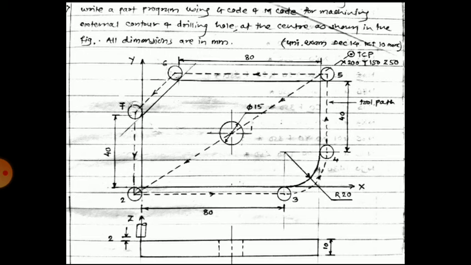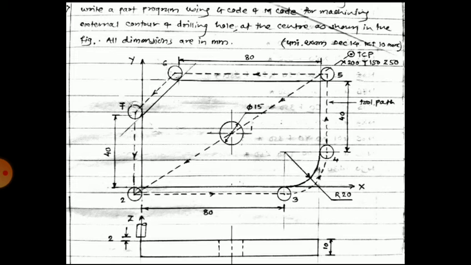So first, the reference point is selected at the bottom corner, as shown in the diagram. Then the x-axis, y-axis and z-axis that you can see in the front view are shown at the top corner. The z-axis is given, and the reference point is the 0 0 component reference point. And for machining the external contour, the tool path is shown.